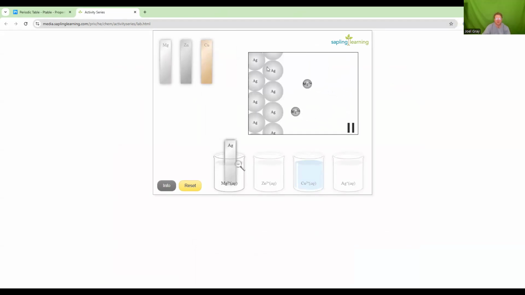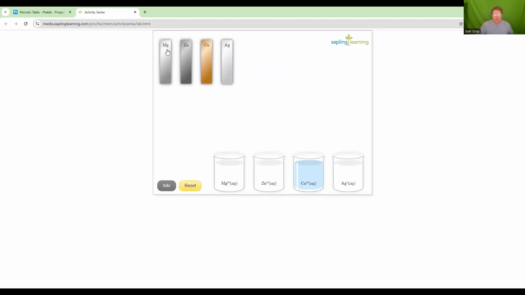Well, on the left-hand side, we've got those atoms of silver that make up our solid strip. We throw magnesium ions at them. Does silver get oxidized? Does silver give up electrons? No. Thank you, Adrian. That's a forceful no. Yes, it is. Now, if we go back and we reset, let's get magnesium, or let's get zinc.